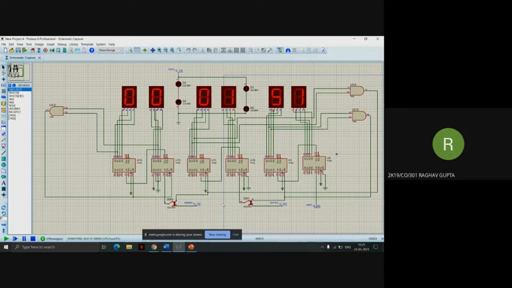The minutes block receives 1 pulse per minute from the seconds block by connecting the output terminal of the AND gate to terminal 5 of the third IC. This results in 1 pulse per minute, and this is the result of the reset of the whole of the seconds block. The presence of the switch is to allow us to set the correct time in the minutes block by allowing pulses of 1 Hertz frequency to go directly through it. Like I will show you, it goes from 3, then 4, then 5, and if I stop it, it will again move back to 1 pulse per minute.